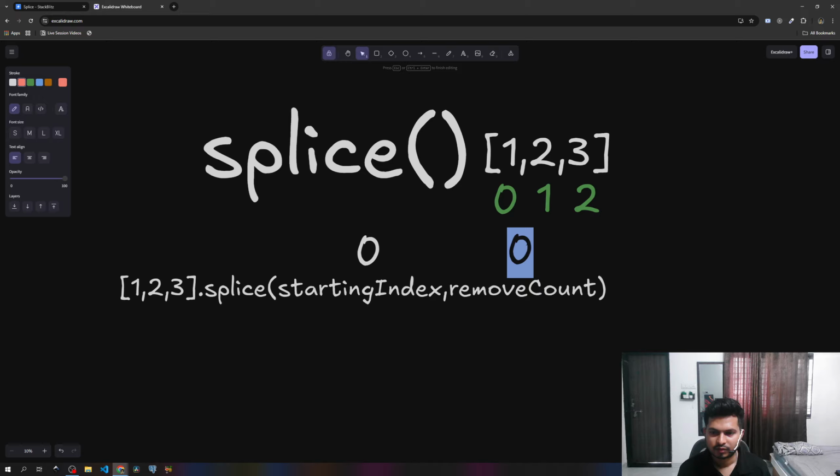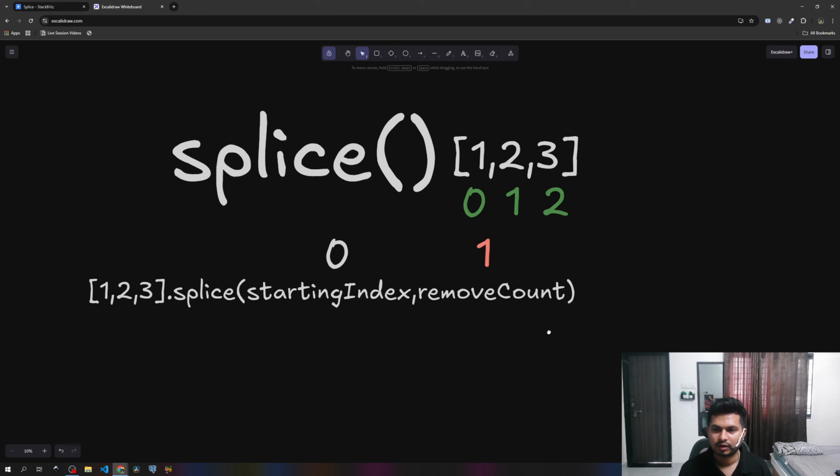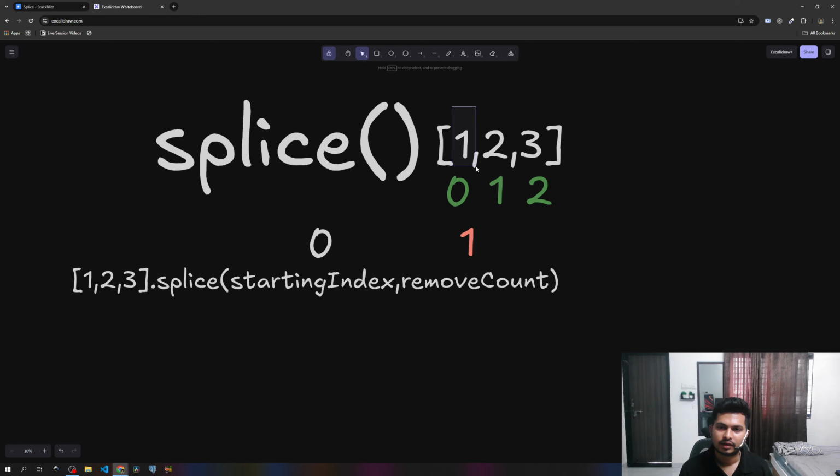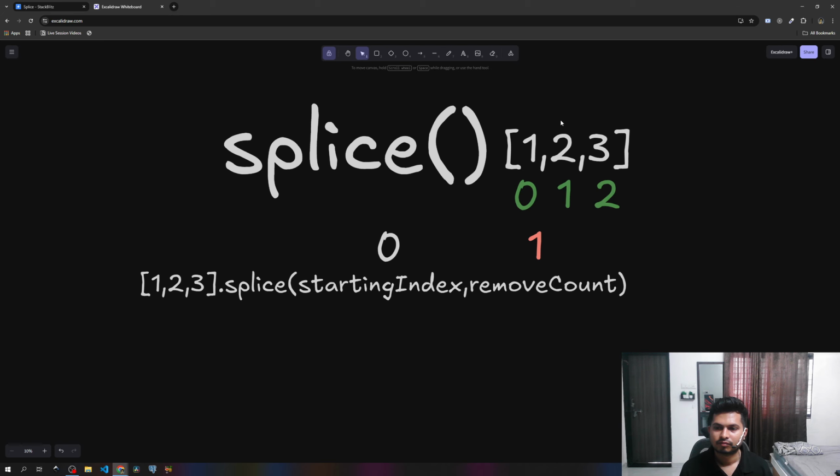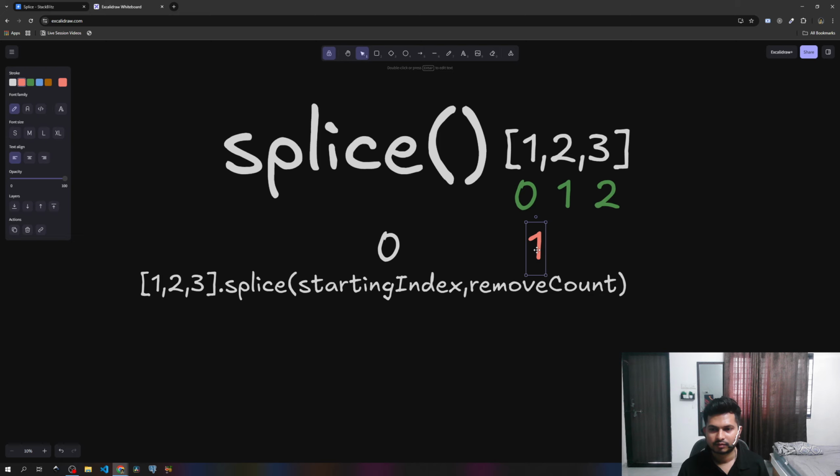So we have to provide the count, how many elements we want to delete from the starting index. Let's put 1 for now. So it will delete this 1, and the final mutated array, not the return value, here it will be 1. So return value,